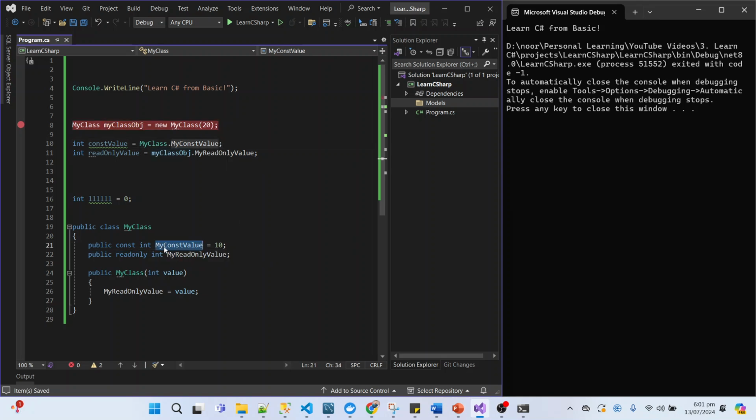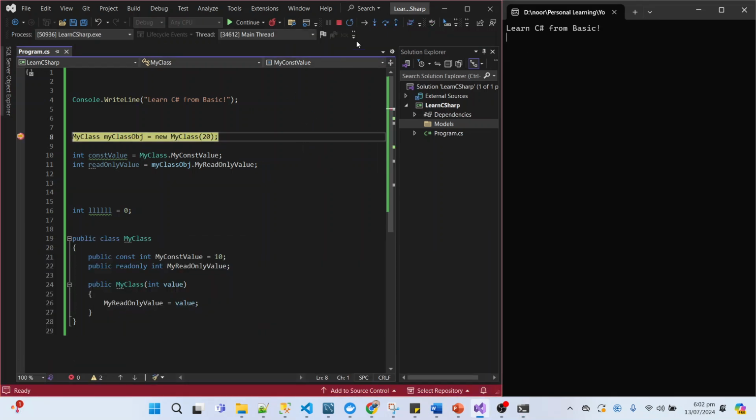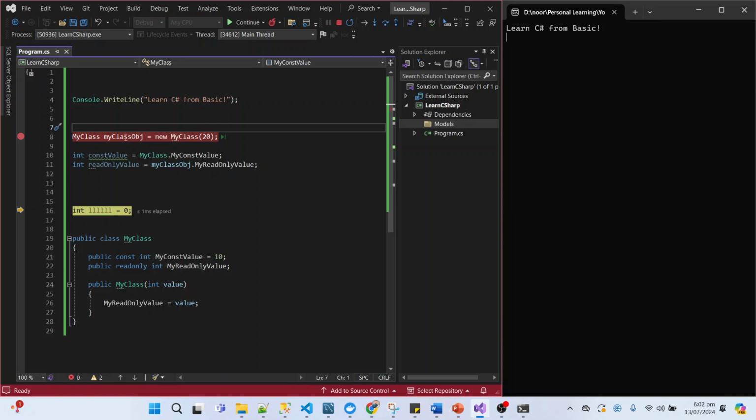So to access this constant value, you have to use the class name and then directly the variable name. Okay, now let me run the application. For the constant value I am getting 10 and for the readonly value 20,